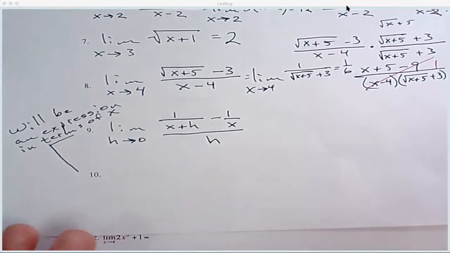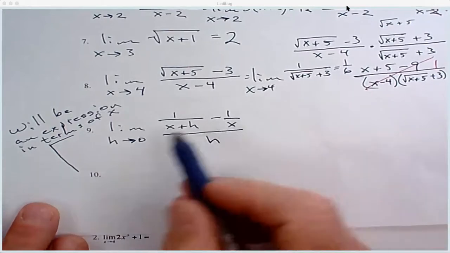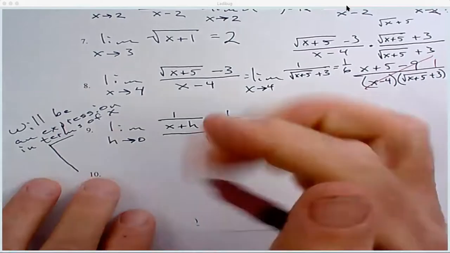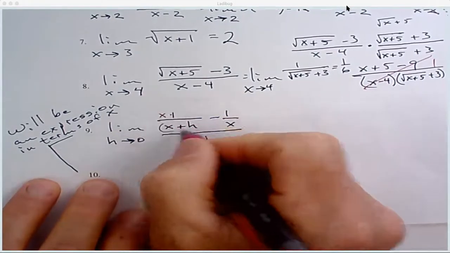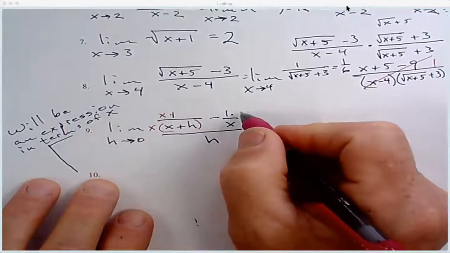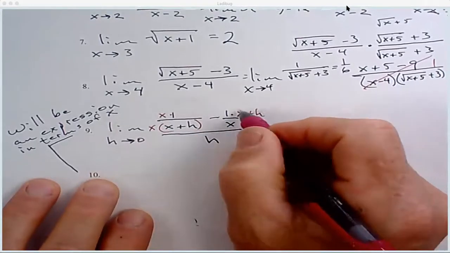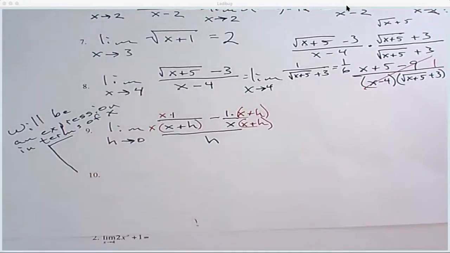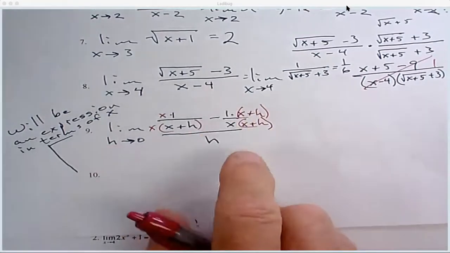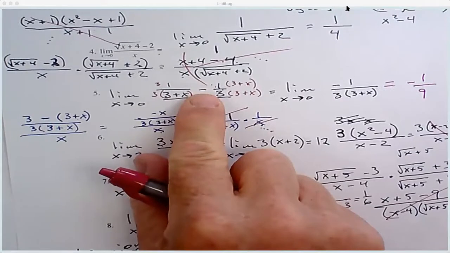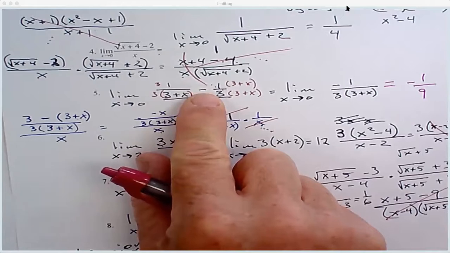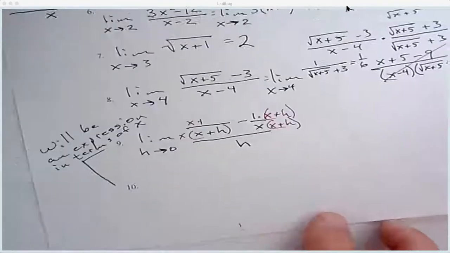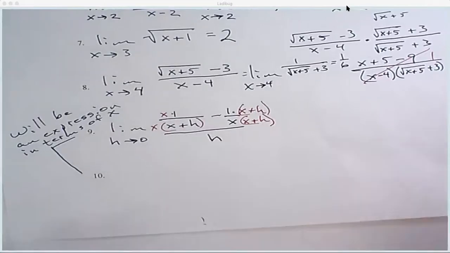Alrighty. So I'm going to get a common denominator. The common denominator is the product of these two. In other words, I'm going to multiply this numerator by x and this denominator by x, and I'm going to multiply this numerator by x plus h and this denominator by x plus h. Does everybody understand that part? It's not any different than what I did here. Up here I multiplied by 3 and I multiplied by 3 plus x, correct? It's the same method. And so what I'm going to get here, and I'm going to do the work on the side,